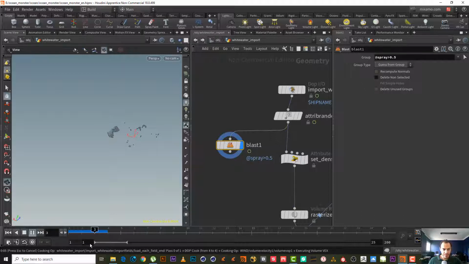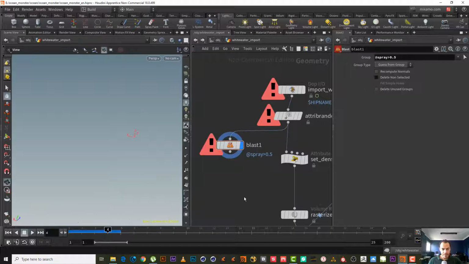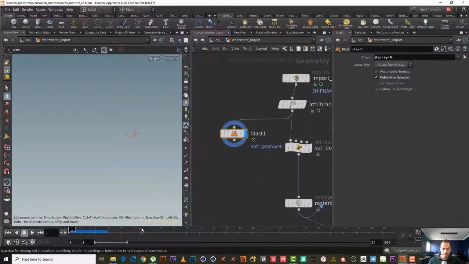Yeah, spray is bigger than 0. Let's just save it first. Let's type it 0. Bigger than 0, delete non-selected. If we go here,